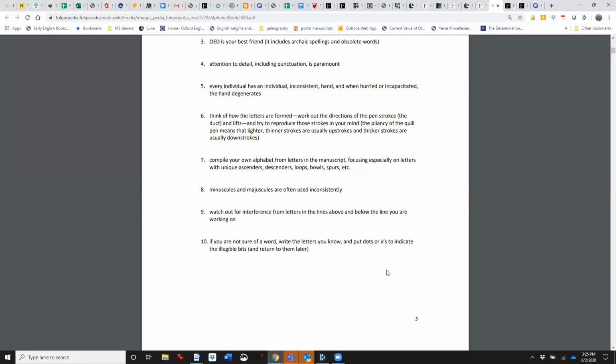When I first learned, and this is what I was taught, I would always, before starting, just take a blank piece of paper when you're with a new manuscript and write the alphabet, just the letters of the alphabet in a column. And then as you encounter those letters in the manuscript, copy them out in the way that they're formed. And you're basically creating your own crib sheet for reading the manuscript. And that's super helpful. It almost then becomes like a crossword puzzle where you can then go back to the manuscript and read words, and you can pick out many of the letters, but not all of them. But then through context, that can help you arrive at what the letter might be.